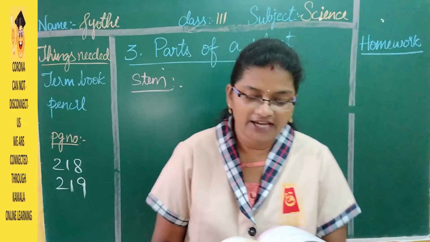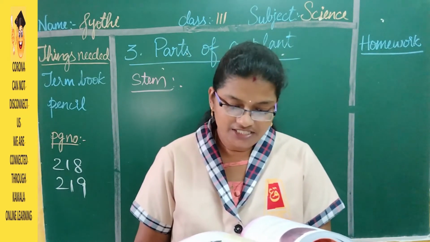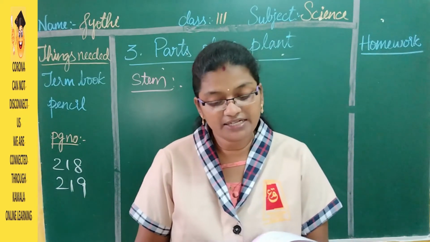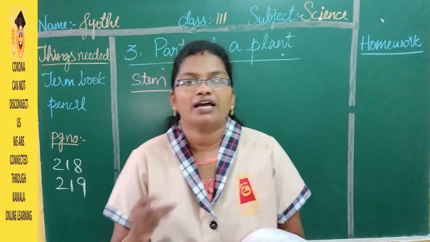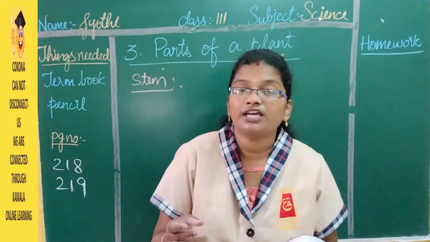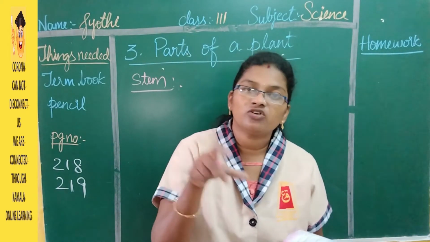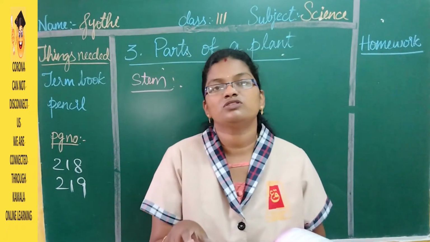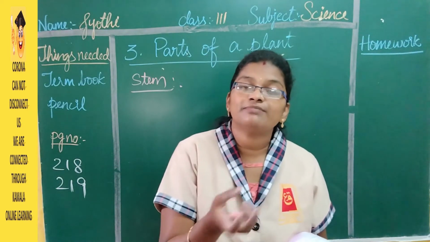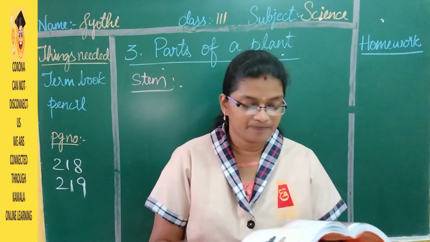So plants have different kinds of stem. Onion, ginger and potatoes are examples of edible underground stem. And another example of stem is onion. So onion, potato, ginger, they are also stems, but they grow underground. So these are the examples of underground stems which are edible, that means which we can eat.